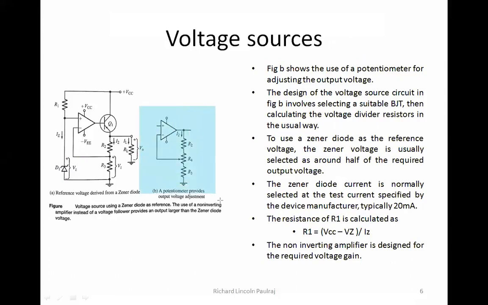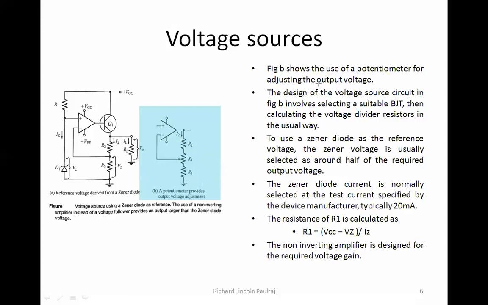Now concentrate on this figure here, which is figure B. As I was mentioning, a potentiometer is connected. Instead of having just a normal soldered connection, if I have a potentiometer, I can have three different resistances here, R2, R4, and R3. How is it going to impact? Just like how we saw a coupling capacitor made in parallel with the resistor R2 in the feedback loop, the same impact can be seen here, an adjustable resistance.